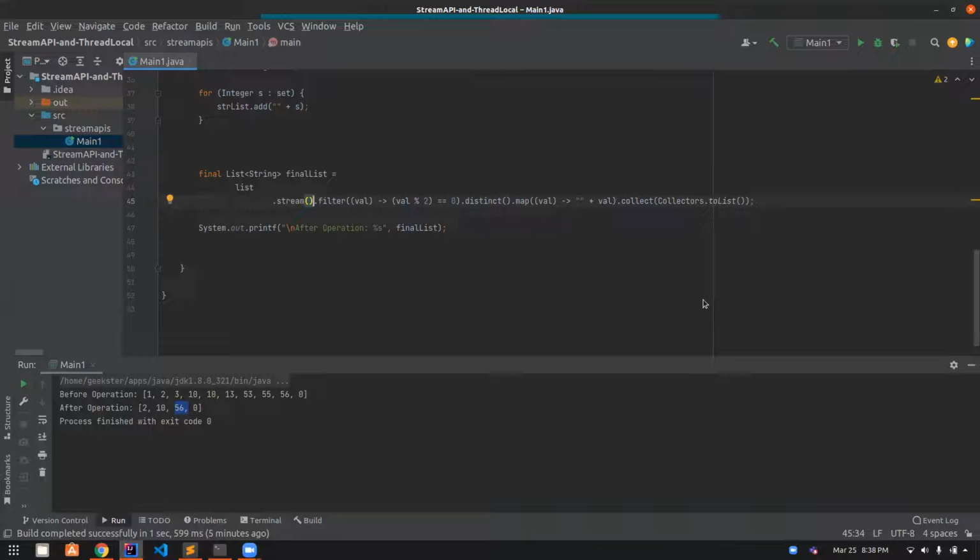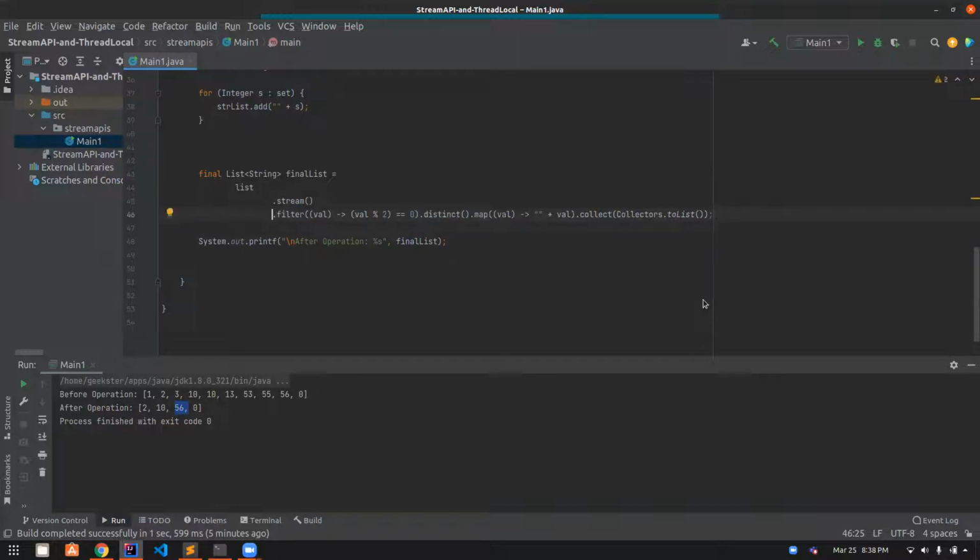So here what I'm doing is I'm calling a filter function. What is a filter function? The filter function basically says that I am a function where if you feed me a value, I'll give you either a boolean, I mean either a true or a false. It is basically a predicate functional interface. Here we're passing the val, and then we're saying that everything that is divisible by 2 equals 0. So it will run this condition, and for every value that this condition runs true, it will